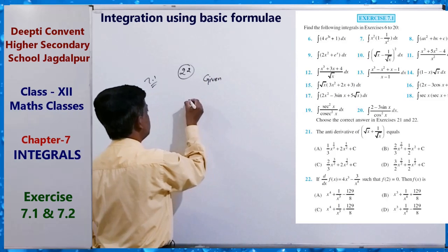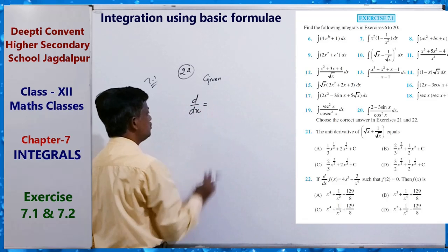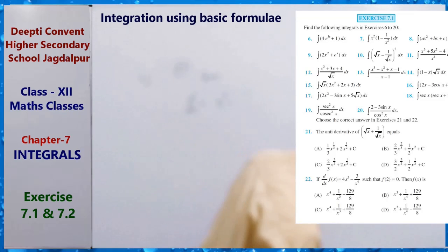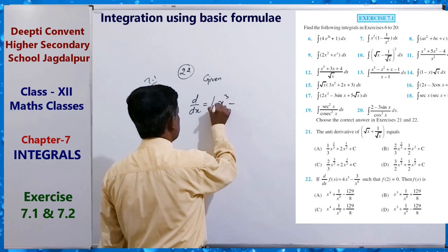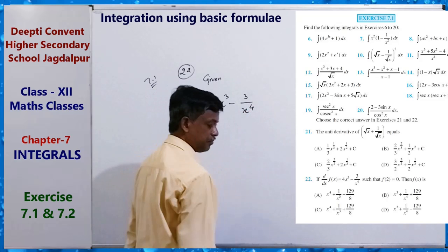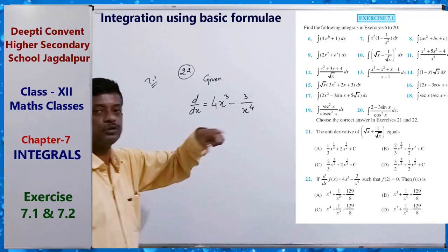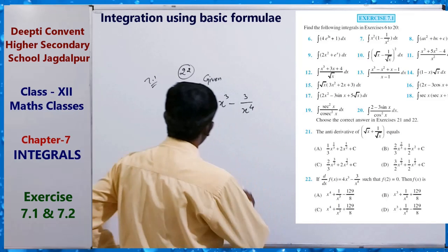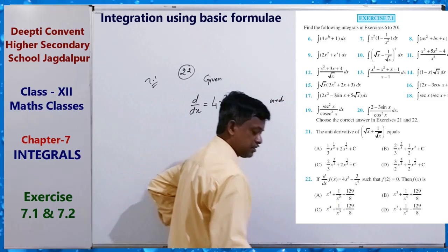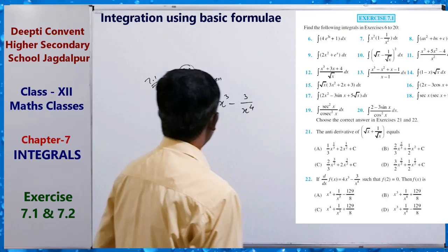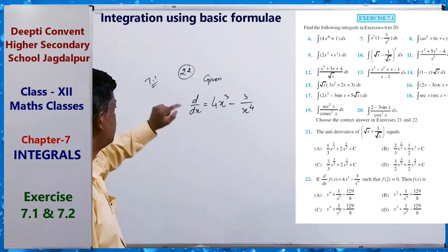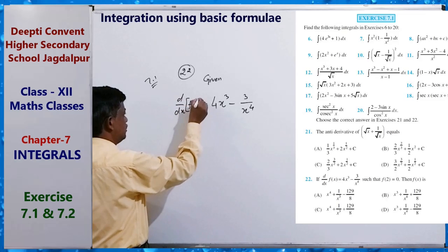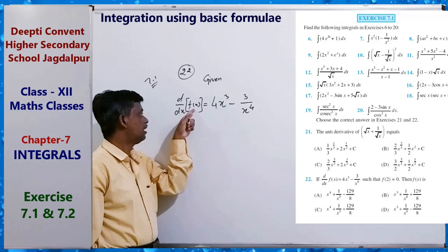In question 22 of exercise 7.1 it is given that there is a function f(x), and the derivative of that is equal to 4x cube minus 3 by x to the power 4, such that